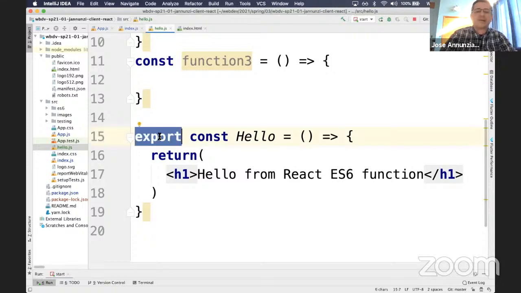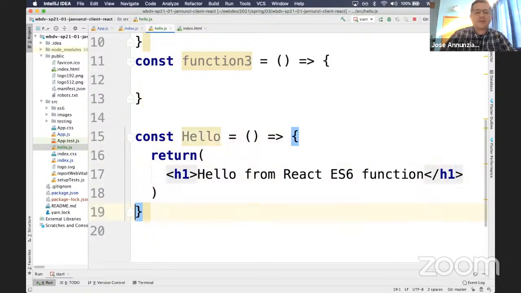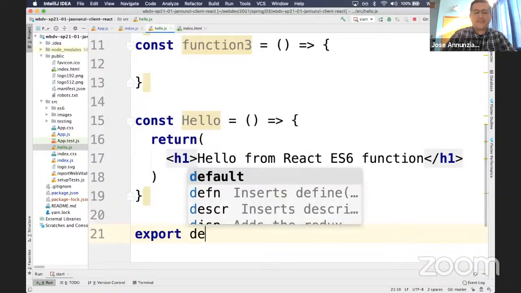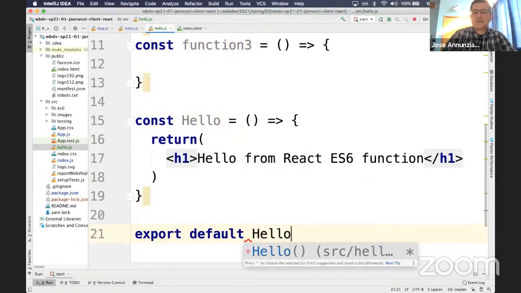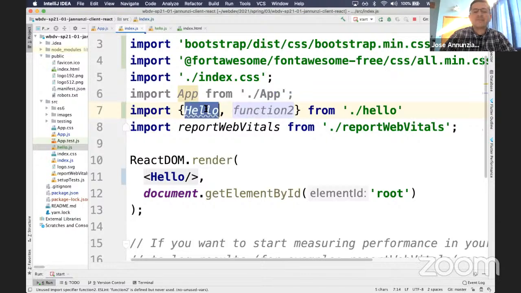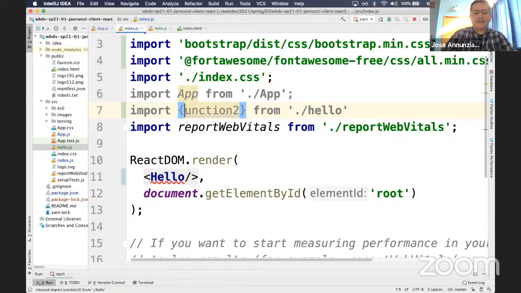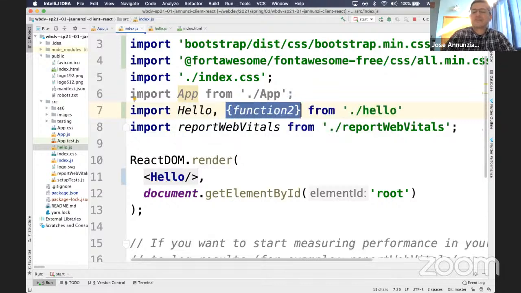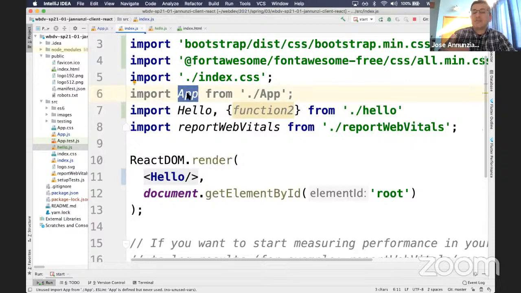Typically we don't do this, right? What we do is export default, the one that we actually want to render. And now, because it's default, we don't need to include it in the destructor syntax. We can leave it out so that, for instance, app is going to be the default function that gets exported, so that it doesn't need to use the syntax of